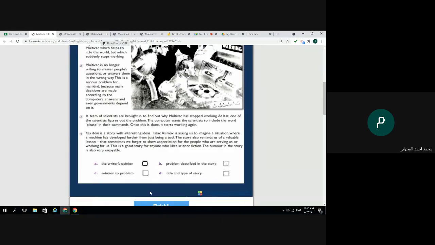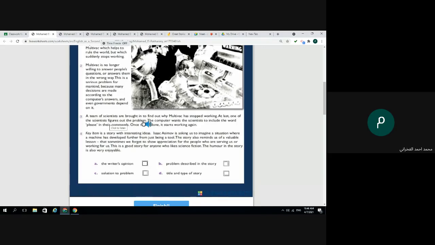About C, solution to the problem. Number 3. Yes, 3. Because after the problem or the conflict of the story, you come to the denouement, the time when it is clear how to solve the problem.